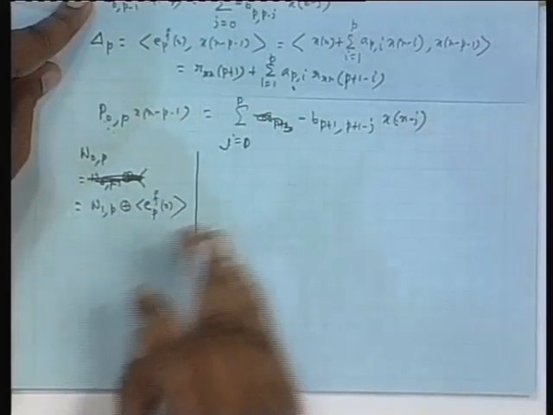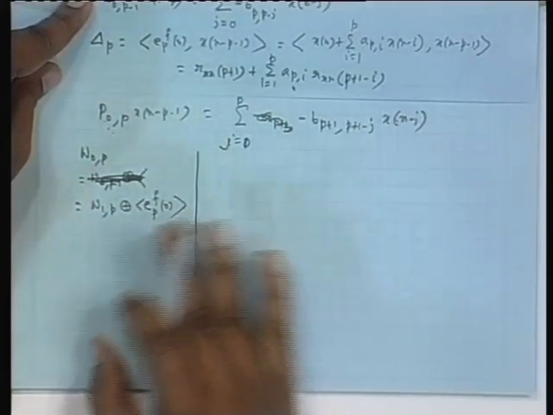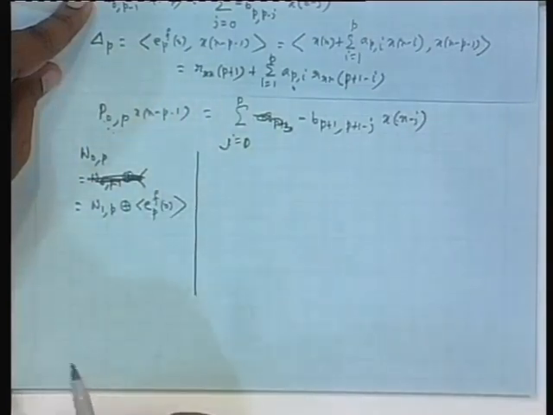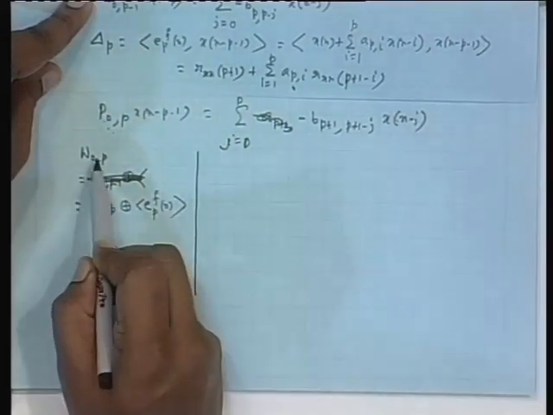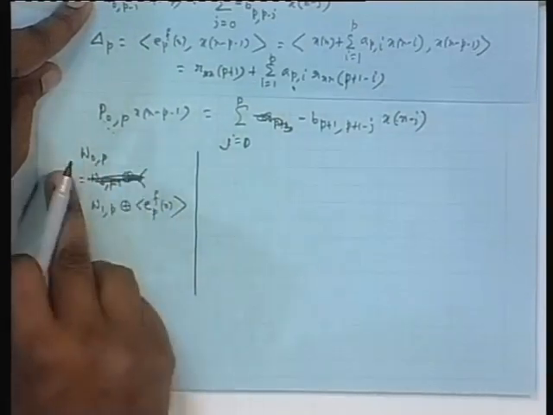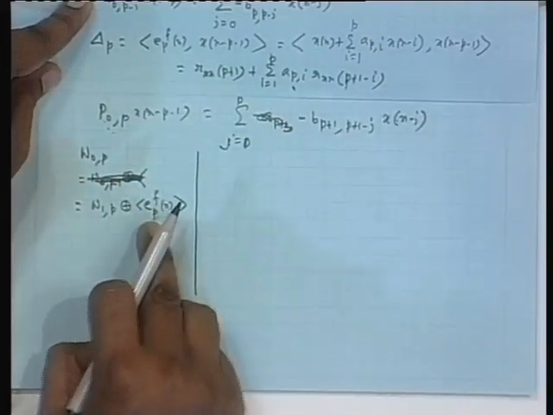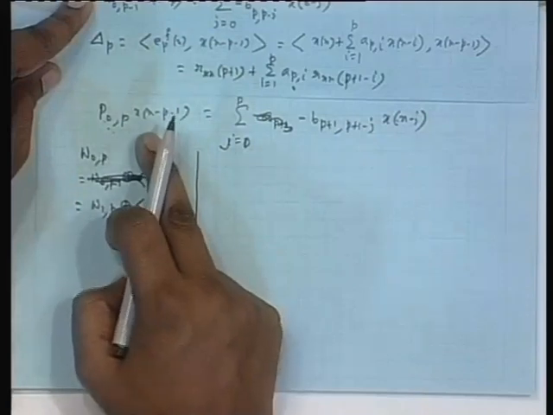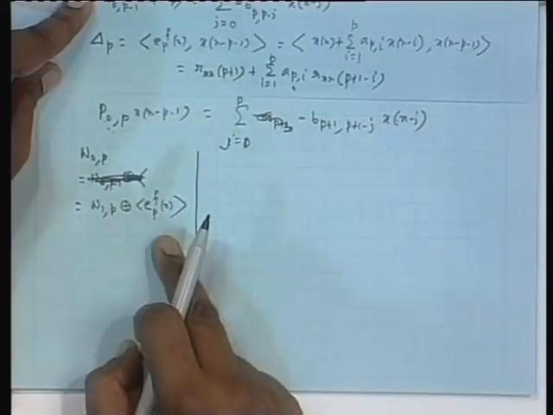This I have been doing again and again, so you must have become pretty conversant with this. 0 to p I am separating, 1 to p, 0 fellow I am taking out, projecting on 1 to p, taking the error, that is this. So, this projection is nothing but projection here and projection here.